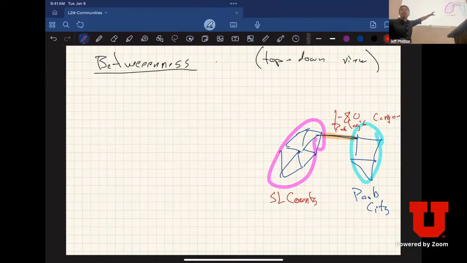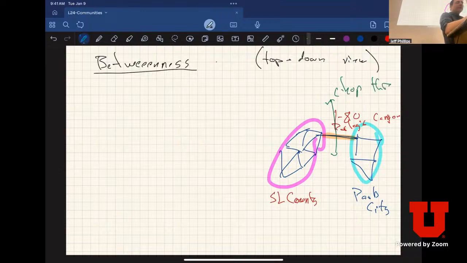This would be like a road network, and then maybe there's only one road. I guess there are other ways you can get up there, at least in the summer, that can connect these two communities. Well, then if I can identify the communities by chopping this edge, I want to chop this edge, and